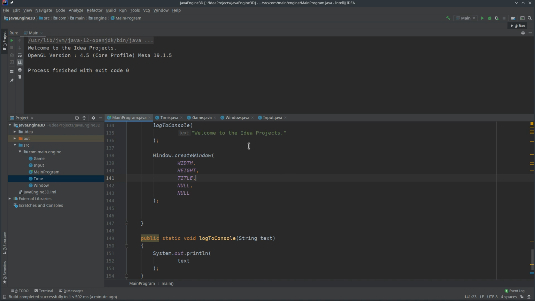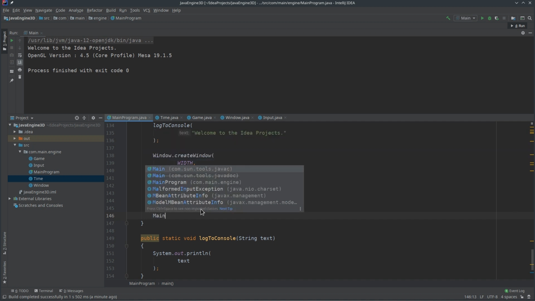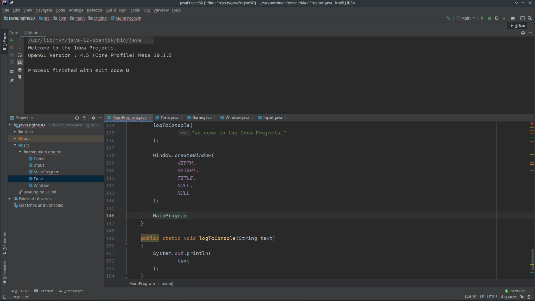We're going to say hi. We're going to create a window. We better create a main component, well, main, whatever it is, main program. Better have one of those, so let's have one of those. Main program. We'll have